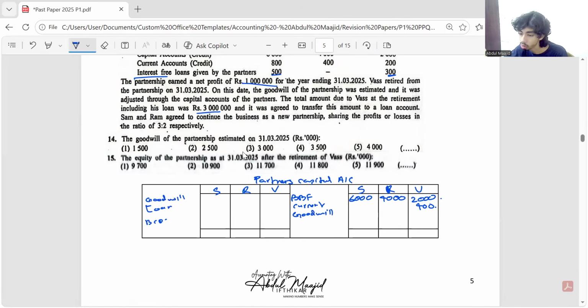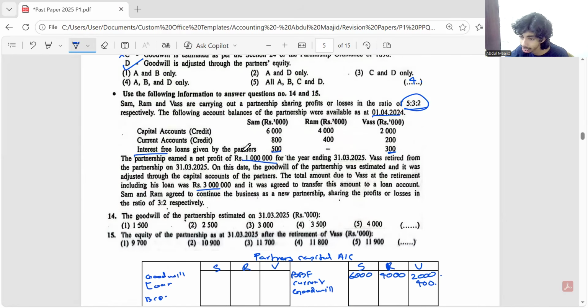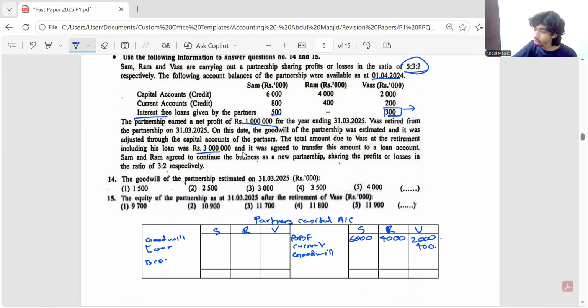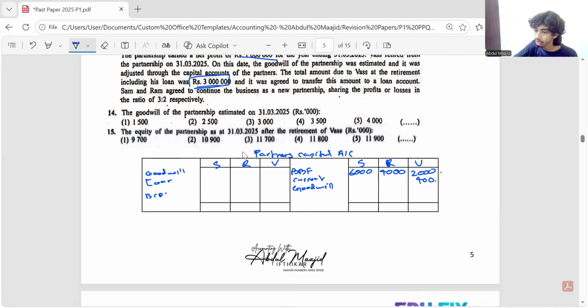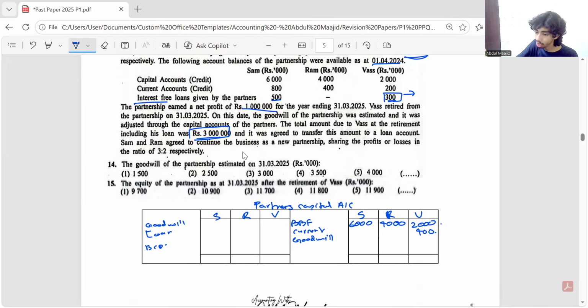Okay. Now, here they are saying the total amount due to Vas at the retirement, including his loan, was 3 million. Now, already Vas has 300,000 in his loan account. When he was a partner itself, he gave a loan of 300. Including that, the amount payable to him is 3 million. Then what will be the amount that we are transferring to loan account from the capital account? That will be 3 million minus 300,000, that is